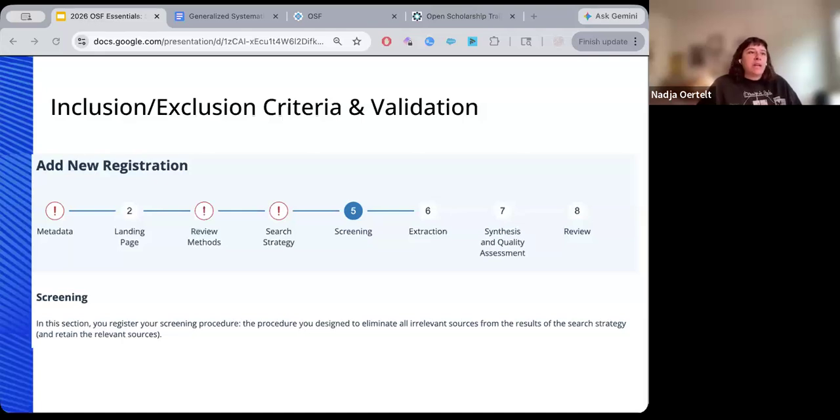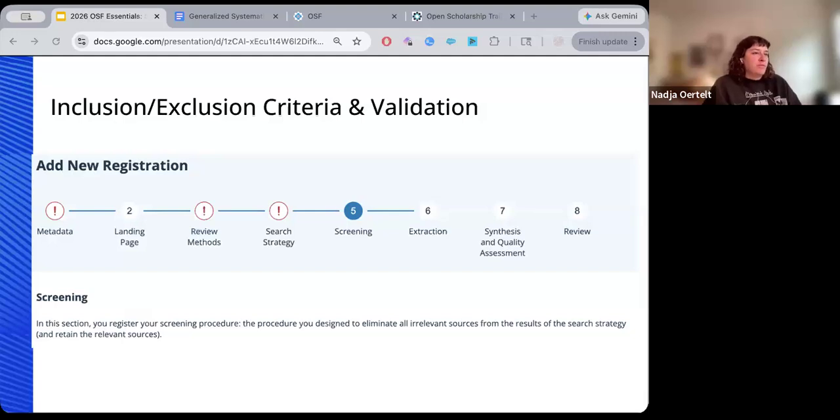There's also a validation section that asks how you'll establish reliability in your screening process. And that can vary, but if you document that in advance, it means that whatever validation approach you have isn't shaped by whatever happened in the first round of screening. And these sections are really important because this is kind of where the gap is made clear and transparent to those reviewing your registration and your evidence between what you had planned to do and then what you actually did and what actually came from that plan.